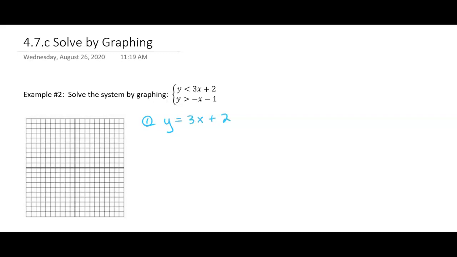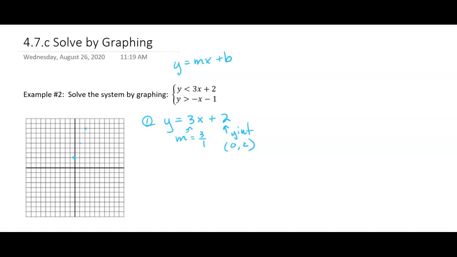Now, because this is in slope-intercept form, and slope-intercept form is y equals mx plus b. I think we've gone over that in other videos, but just as a reminder. And so the slope is 3, and the y-intercept is 2. So I go to 2 on the y-axis, which is right there. That's the point 0, 2. So you can think about plugging in 0 for x if you like. And then the slope's going to be 3 over 1. So I'm going to go up 3, 1, 2, 3, and over 1, up 3 and over 1.